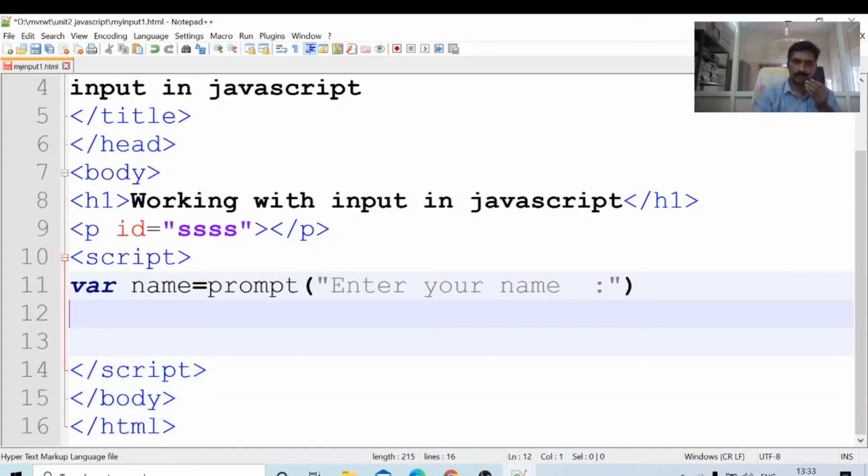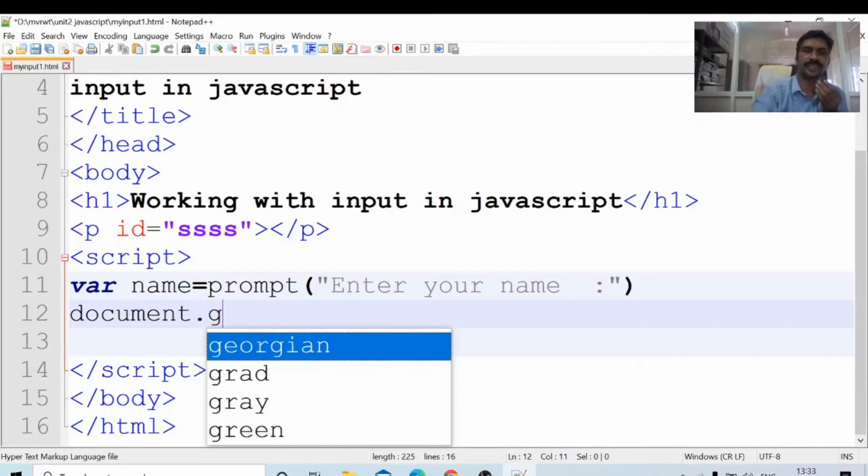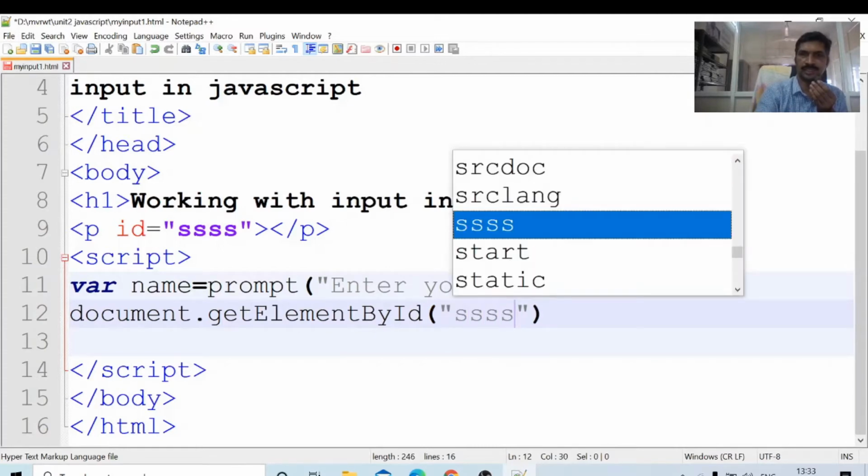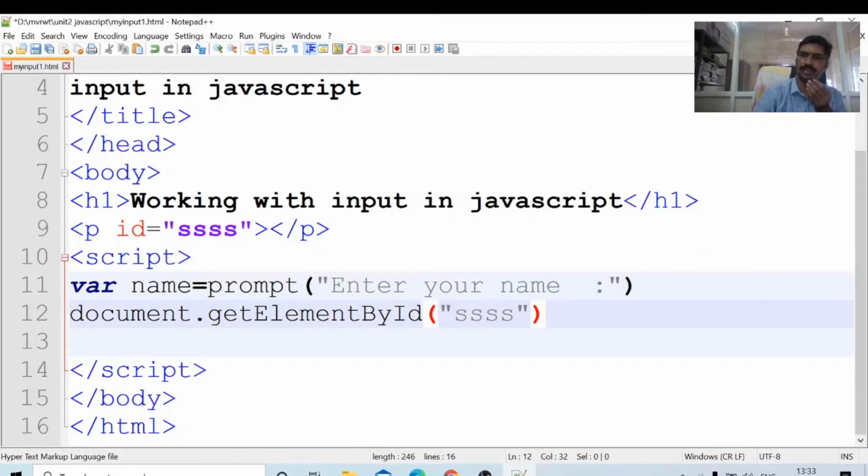Next, document dot getElementById. What is the id? SSSS, and dot innerHTML equal to.